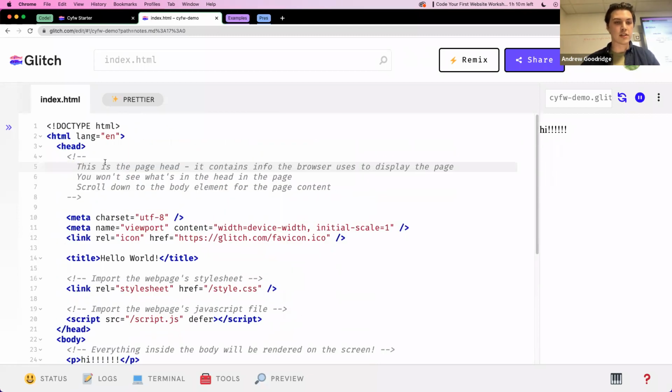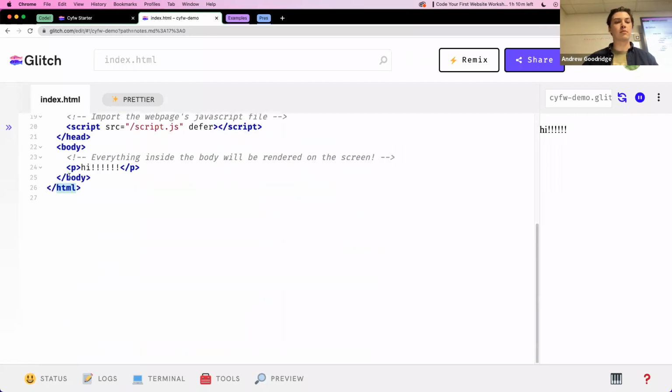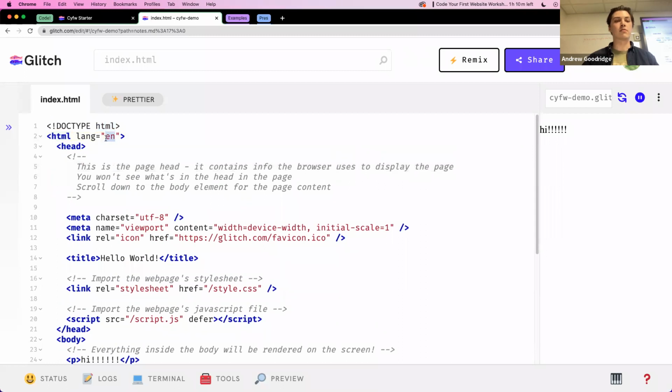So just understand this is. Don't worry about doctype. This is just telling the file what we're looking at here. Everything that's HTML, this is where everything is. And in fact, you can actually even establish the language, which this one is obviously English. In here, you can see, and this is why indents are so important, because indents will tell you where something is inside of. So we have this head tag and we have